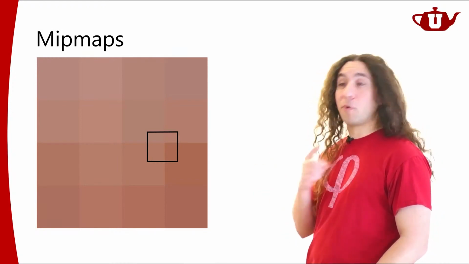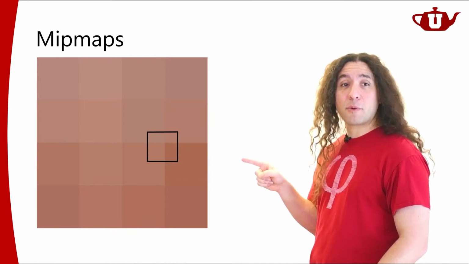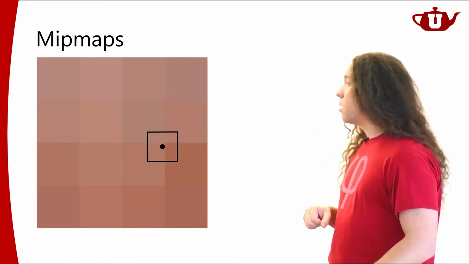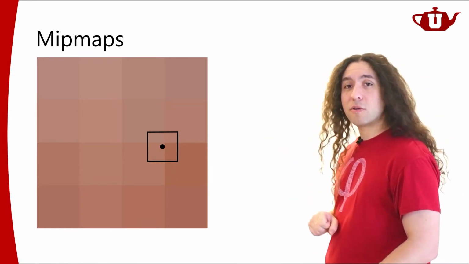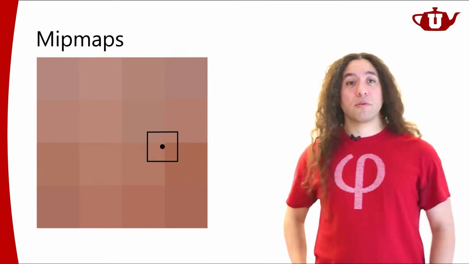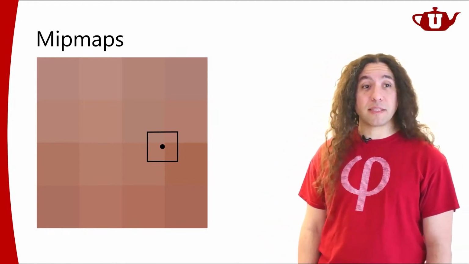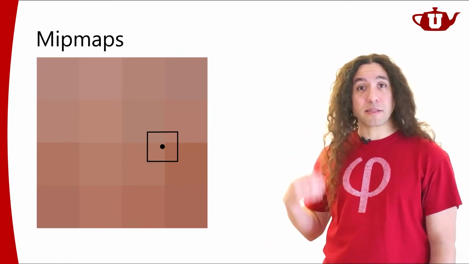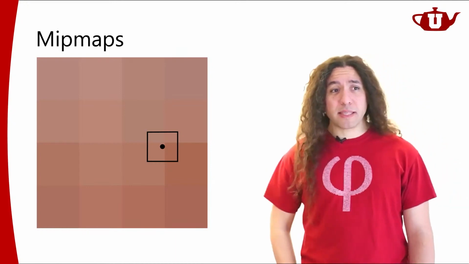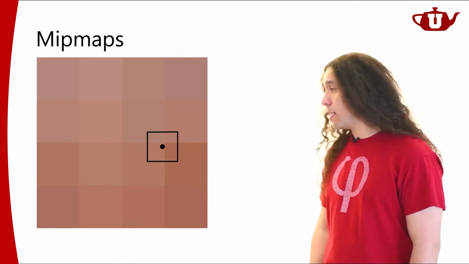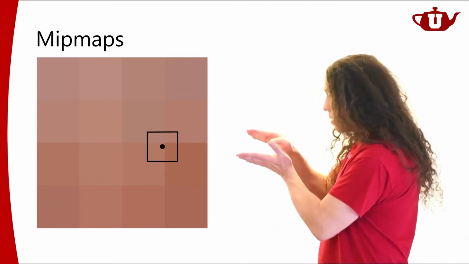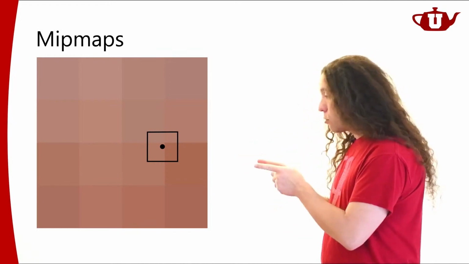So what I need to do at this point is look at the center point of this position that I'm trying to compute, and then I can do bilinear filtering to get the result at that point, right? If I do this, I'm going to get rid of this flickering that happened before, the dancing pixels. But this is going to cause another problem, because there is a discrete decision here. That is, depending on the size of this pixel in texture space, I picked a particular resolution.